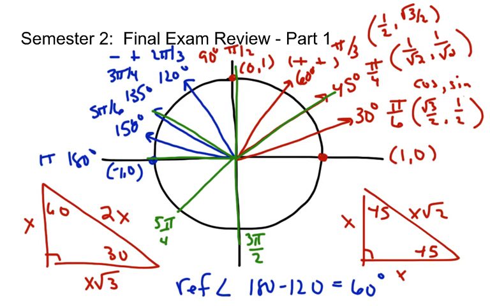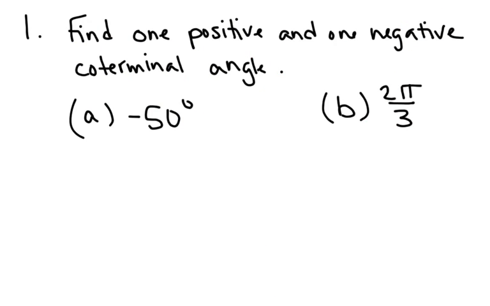So now with that in mind, we're ready to go and talk about some of the problems you'll run into on the final exam. All right, first problem, let's find one positive and one negative coterminal angle. The problem on the final will actually say which angle is not coterminal with a particular angle, but the process